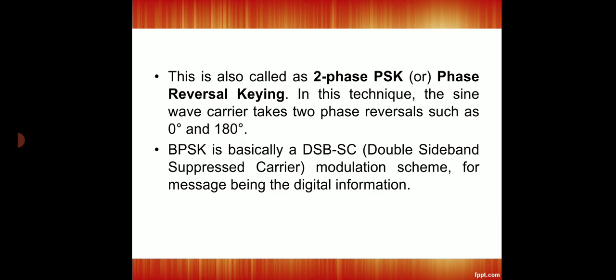These phases are usually positioned with uniform spacing, so we call it two-phase PSK or phase reversal keying. In this technique, a sine wave carrier takes place in two types of reversal: one is 0 degree, another one is 180 degree. BPSK is basically a double sideband suppressed carrier modulation scheme that is used for sending messages in digital